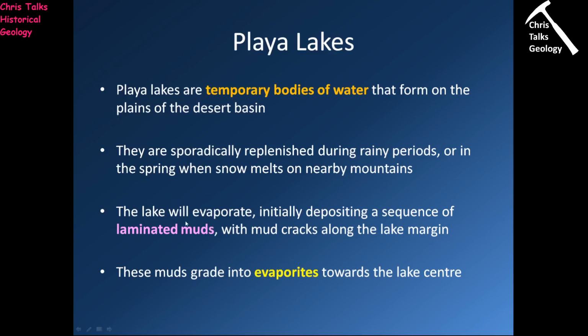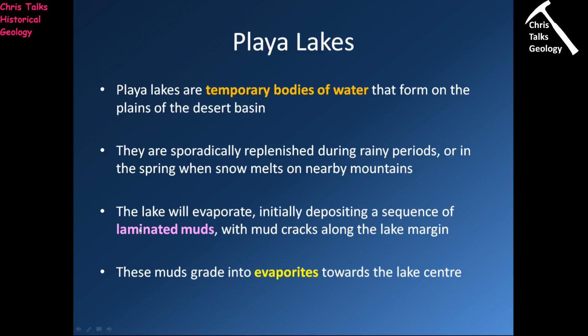The lake itself will obviously evaporate away because you have a body of water in a hot, dry environment, and the water that's being lost to evaporation is not being replenished. Because remember, it only gets replenished sporadically. And so this means obviously we're going to end up forming evaporite minerals. But before we start depositing the evaporites, the first thing we're actually going to get deposited is a sequence of